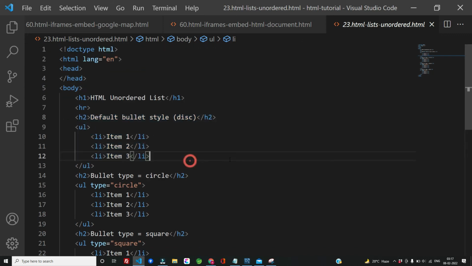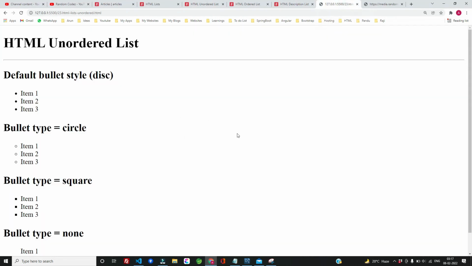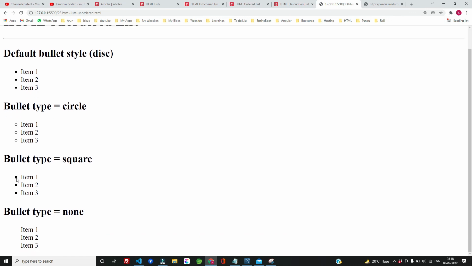So let me open this HTML document in a browser and see how it looks there. So this is how the example looks in a browser. If you look at the bullet style here, this is disc shaped bullets, and this is the circular bullets, and this is the square bullets, and finally the last one, if you don't want the bullets, we have to define that